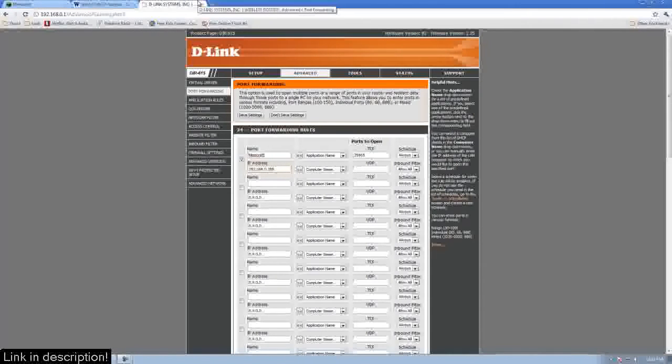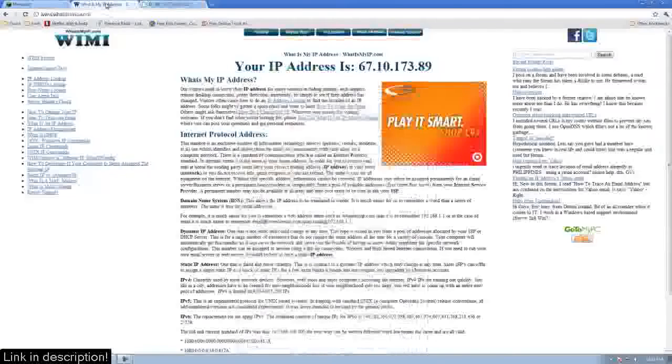And that's where a lot of people are like, well, what do I give them? What information? How do they connect to me? Because you can't give them the 0.198, since there are a lot of people that are going to have that same IP, simply because it's local. So what you're going to do is give them your